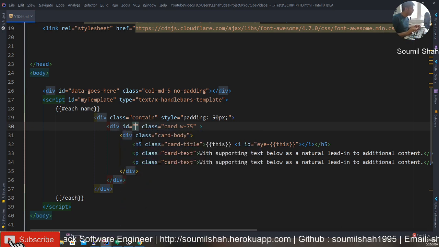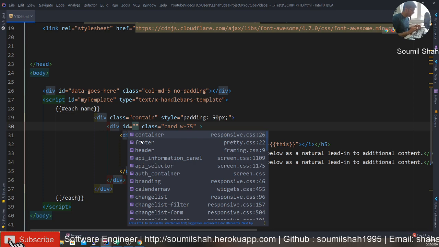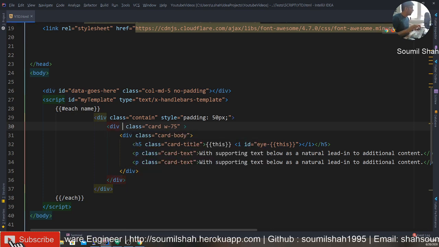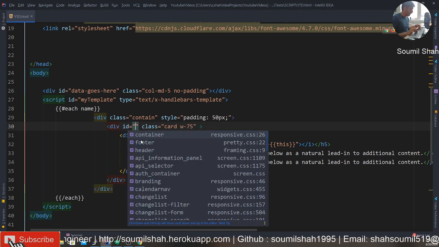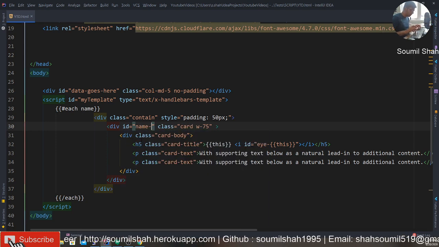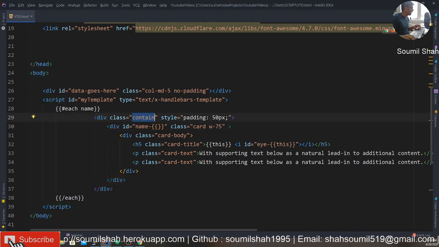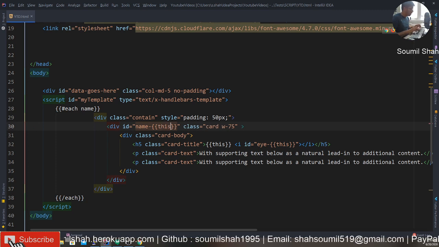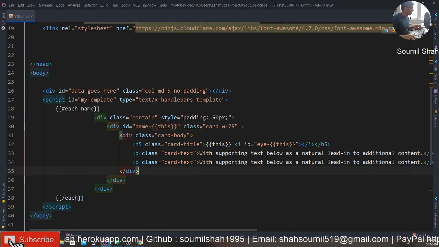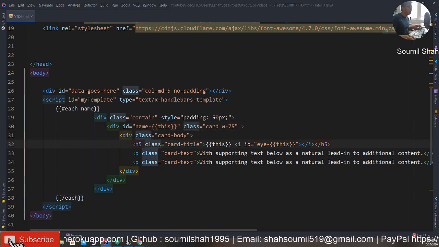So I'm gonna say ID. Let's name the ID as name hyphen, and then the value of whatever the card is. So it's gonna be unique, right? Name dash, it'll be like Sawmill, Nitin. So it's gonna be unique, right? If I actually run this in the browser,